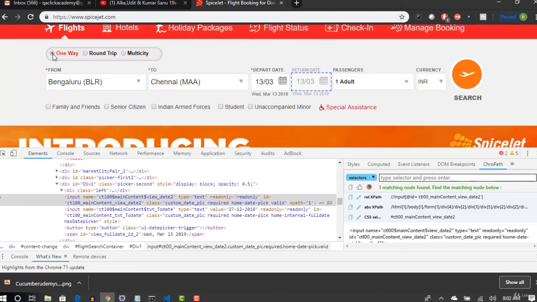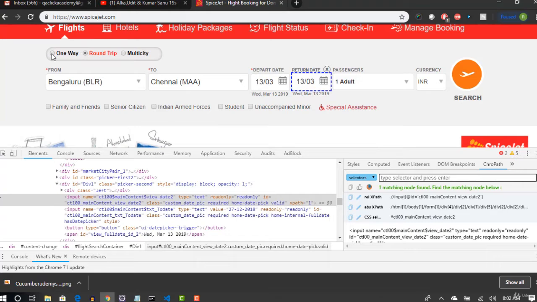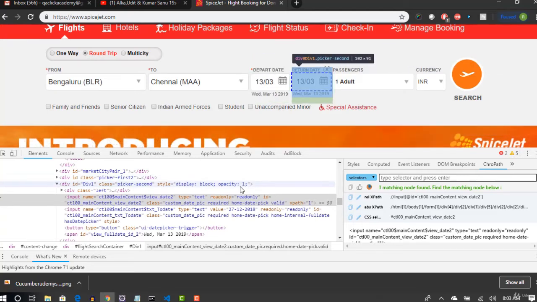What happened? What attribute got changed here? Concentrate on this style attribute. Right now it is disabled. I will again select round trip to make it enabled. Just concentrate on this style attribute. You see that the value of opacity is changing from 0.5 to 1. Let me disable it again. Okay, and enable. Right, so this attribute is changing on enable or disable,